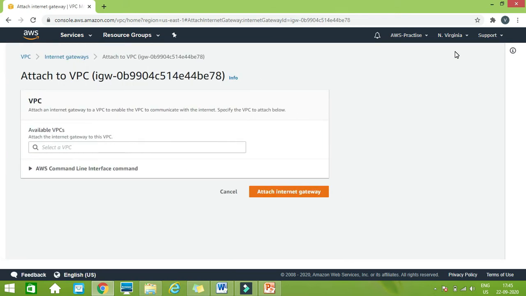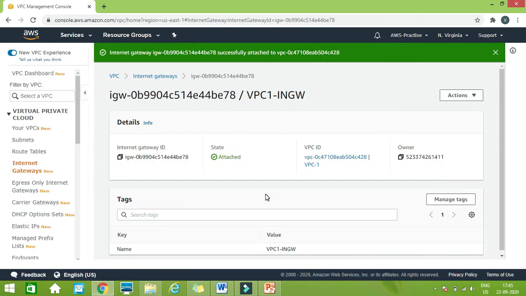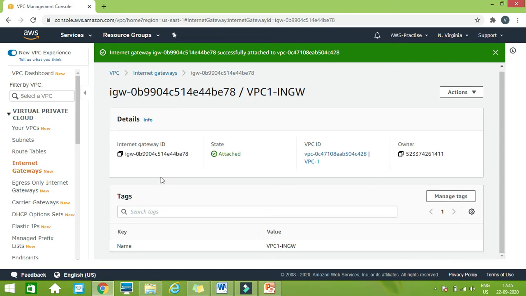So now we have specified here that I want to attach this VPC which we have created, VPC1, with the internet gateway that we have created just now. So now our VPC is connected with the internet gateway. Now we are allowed to connect to the outside world. Then you can see here the information which is ready for us for the internet gateway. It is already attached. This is the ID, the owner ID, something that may be required in some cases. But at this point of time there is no need.